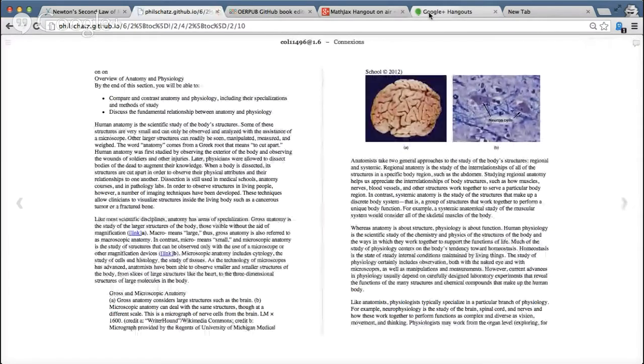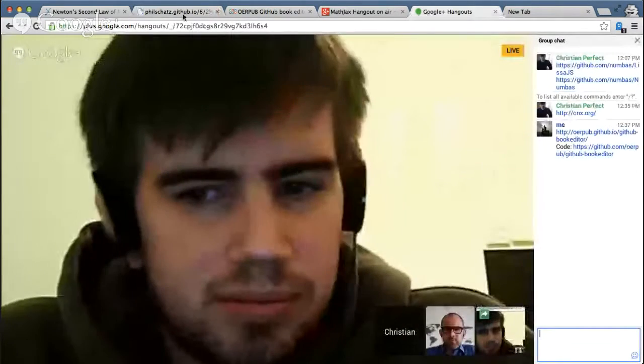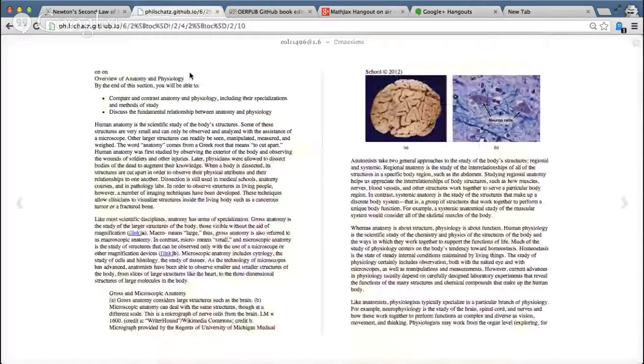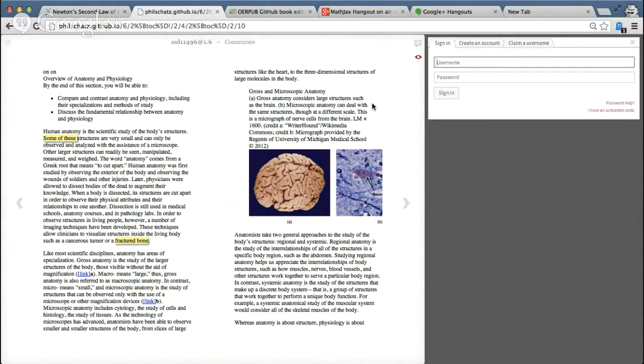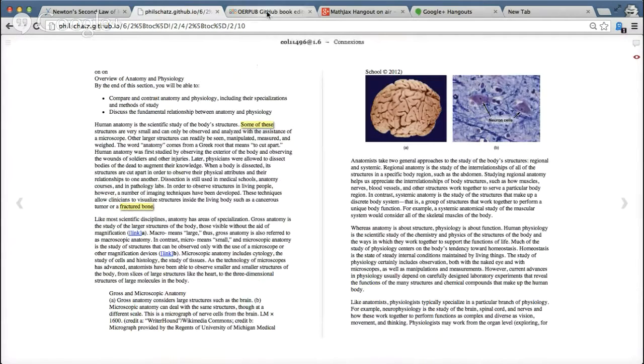There was a sprint at Books and Browsers that Peter and I were at, and we worked on getting MathJax in the editor and getting a reader to work with a tool called Hypothesis, which is another open source annotation service that you can use to annotate your books. And so it's hosted on GitHub.